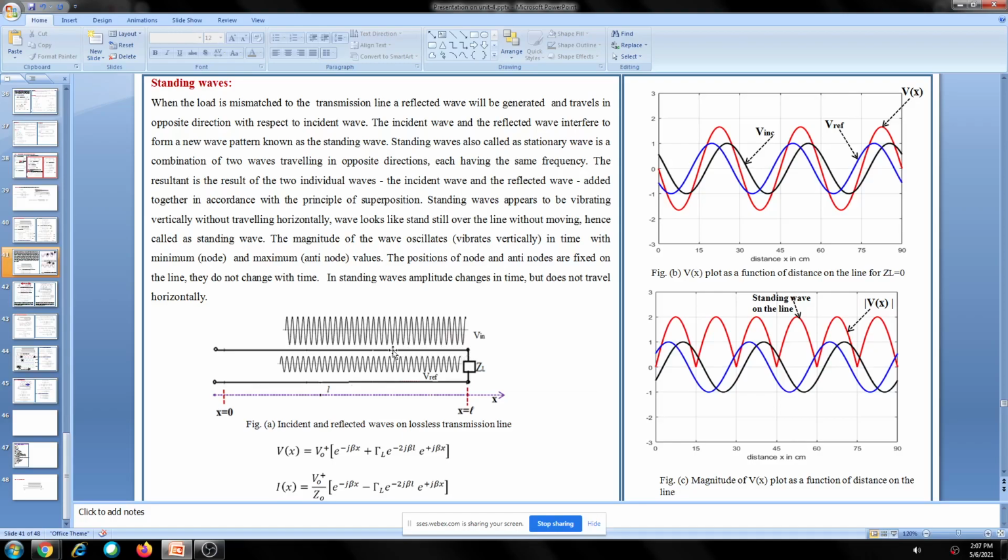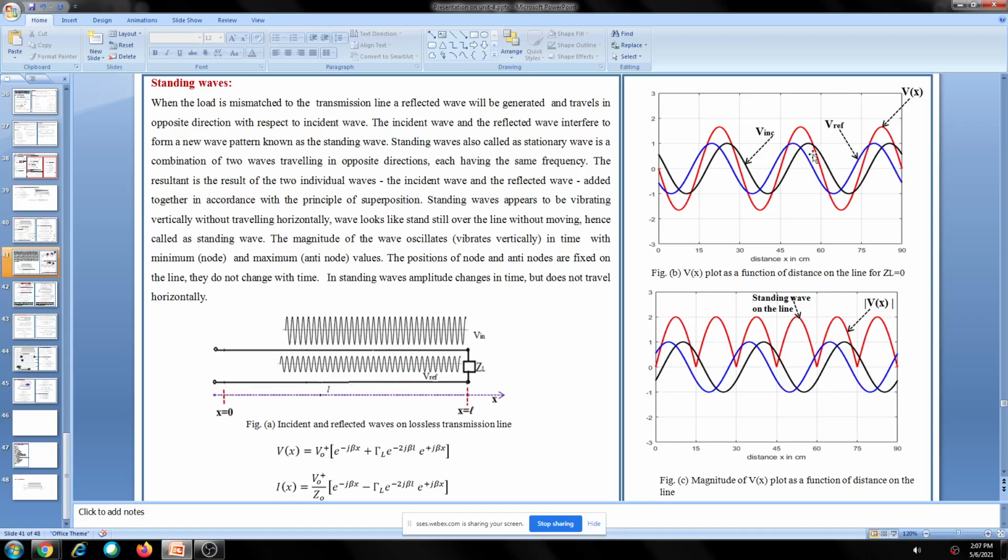As you traverse over a transmission line towards the source, what happens? We will observe the voltage is like this. It is minimum, increases to a maximum at some position, decreases, reaches a minimum again as you move, and that pattern will repeat every lambda by 2 distance. From here to here is a lambda by 2 distance between minima. This minimum voltage is called a minima or node. The maximum is called the antinode.